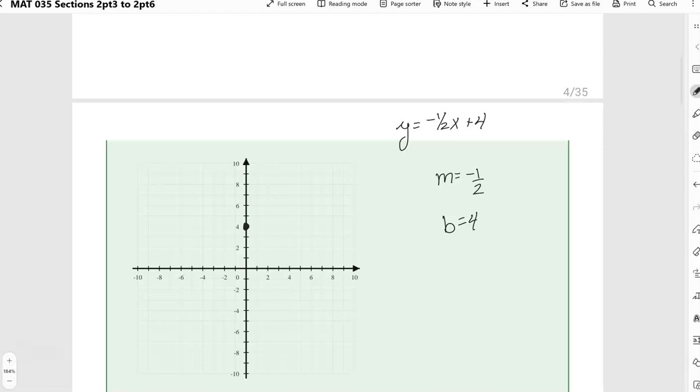So I'm going to start by plotting that y-intercept. Now, with negatives, I can either choose to put the negative on the top or on the bottom. I usually put it on the top, which means I would move up 1 and over 2. If I wanted to view it as 1 over negative 2, then I would move